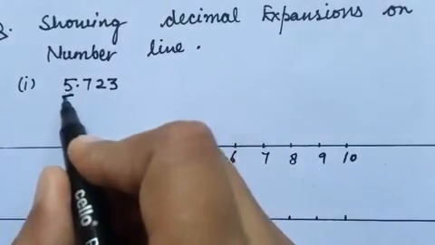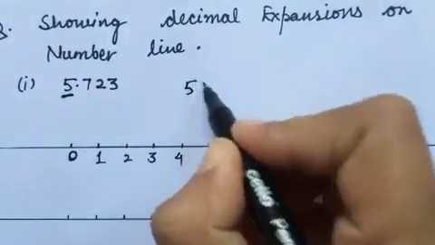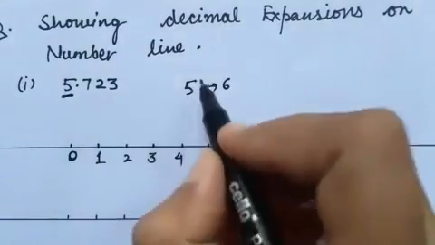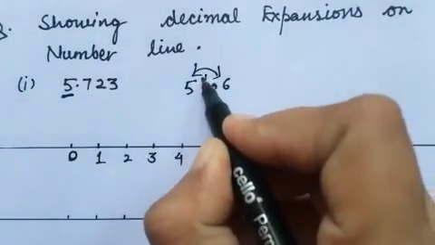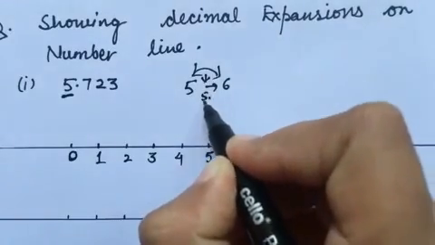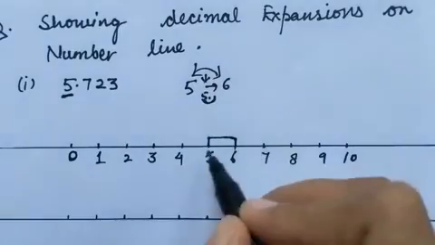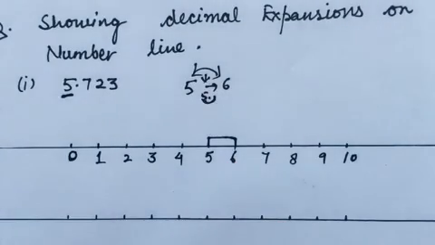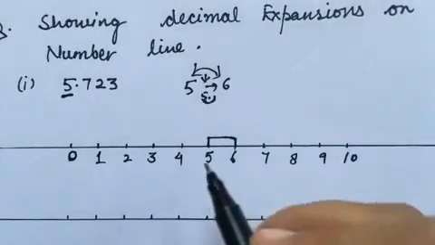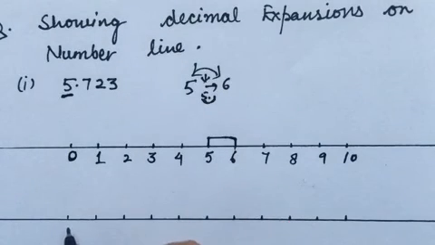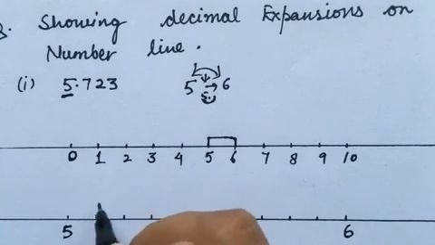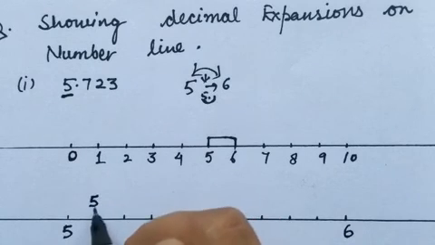So now your number is 5 point something, so you need the whole numbers 5 and 6. This number lies between 5 and 6 because it is 5 point something, so it would be here only. So now we are in this portion. In the next number line we will write 5 to 6. We start from 5 and go up to 6. Between 5 and 6 how many numbers are there? Infinitely many numbers are there.